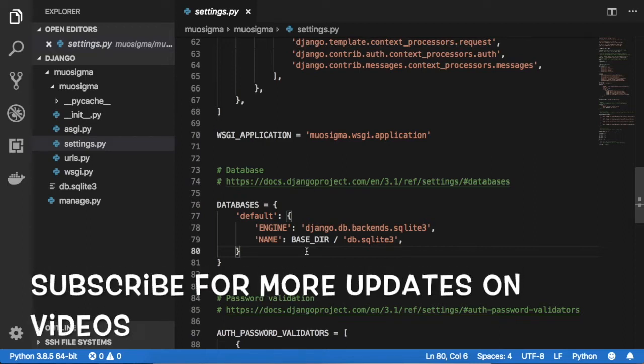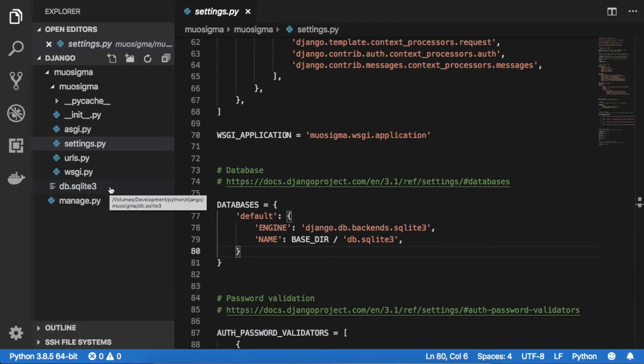By default the Django framework will give you SQLite. You can see this file was generated when we first ran our application, right? This file is also very important. It is automatically generated in your project once you deploy it on the lightweight server.